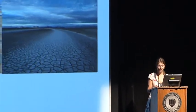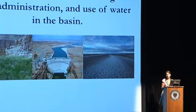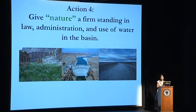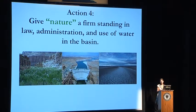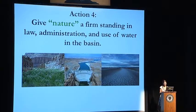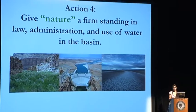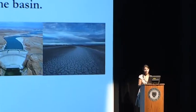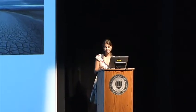Political and public recognition has gradually increased throughout the years, but to simply put these concerns on the political agenda really isn't enough. The current situation of decreasing water supply and increasing water demand in the Colorado River Basin really requires a fundamental shift in our discourse so that we provide new ways of thinking about water supply strategies that don't jeopardize environmental needs. So I looked at water quality and ecology, specifically invasive and endangered species in the basin,